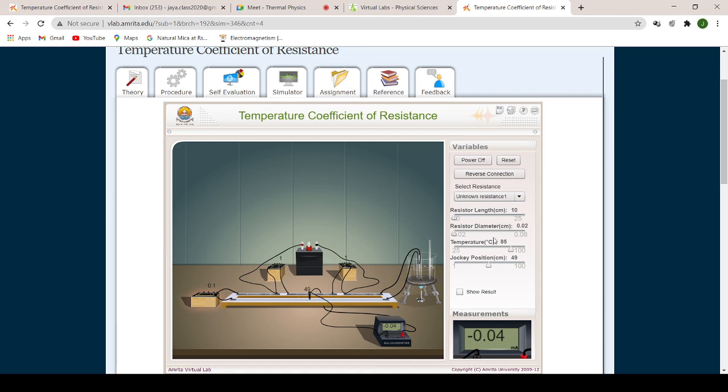But when you go to the second part, where you find the temperature coefficient of resistance, you do it for different temperatures, starting from 25, totally 8 different values. Find out what alpha is equal to. Find out whether it is a positive value or a negative value. Is it clear, all of you girls?